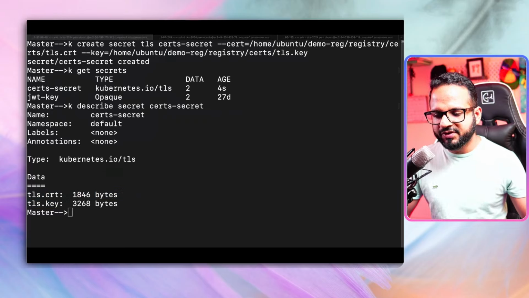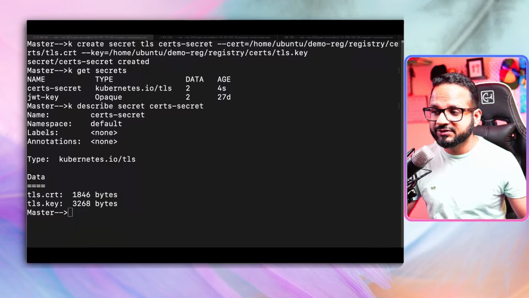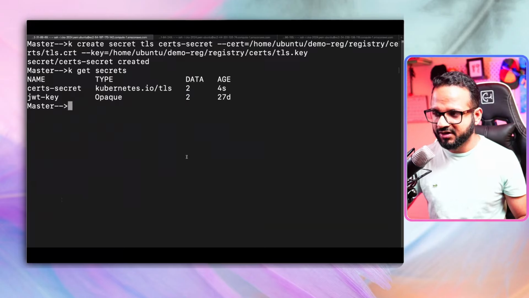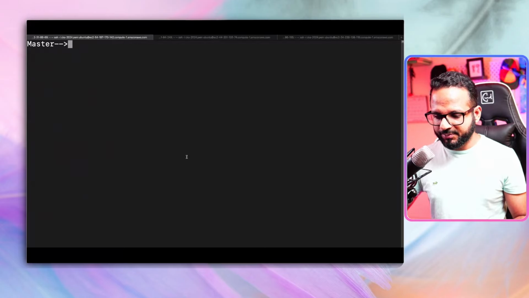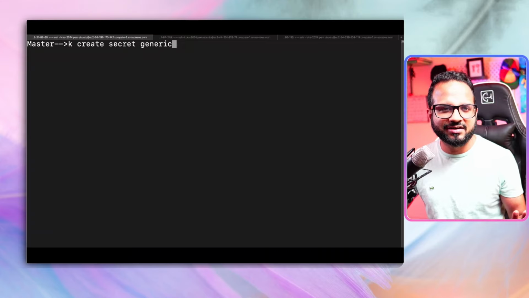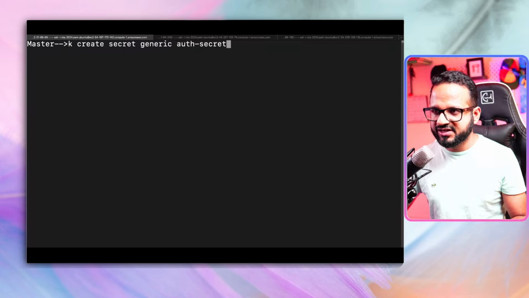Now we have to create a secret for authentication as well. Remember the file that we generated for htpasswd. So we have to use that and create a secret for the authentication. Okay, so for that, I'm gonna use k create secret. Now the secret type will be generic, which will be like a plain secret with a username, password, and so on, right? So the type is generic, and let's give it a name, auth-secret. And now we'll be using a file. So from-file is equal to